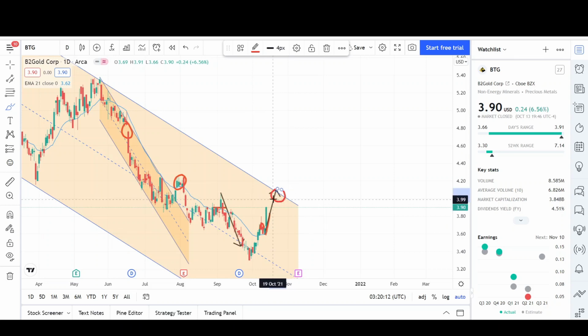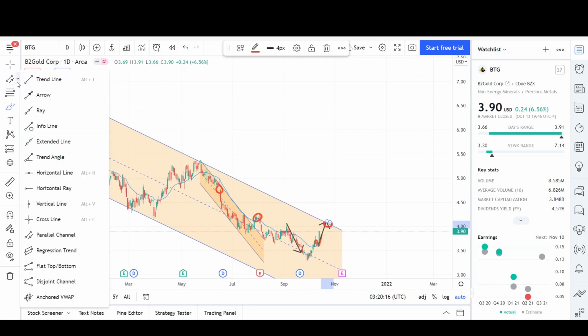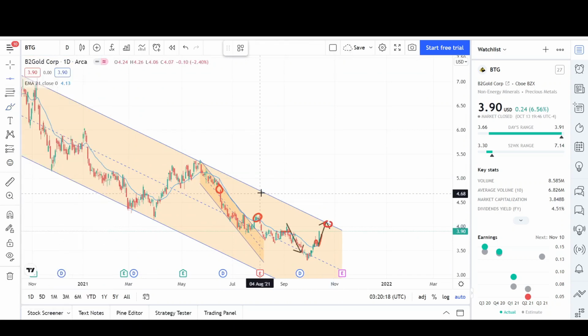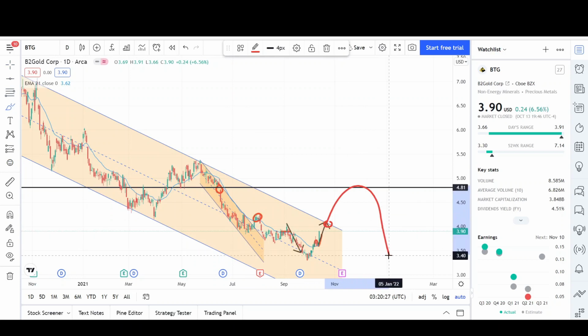But I think this time we're probably going to break it. And if we do break it, we could pull back all the way up to that breakout level I showed you earlier, right around this $4.80 level, to fill in this gap. But then we'll probably sell off again, because even if we get a break of a channel, we get two legs down to a new low, to retest a low or even make a new one, just like what happened to